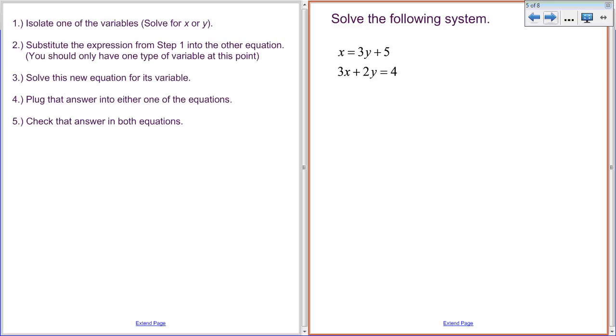So step number 1 says to isolate one of the variables, so to solve for x or for y. So when you look at this system, do I need to worry about step 1, or has that already been done for us? When it says to solve for x or y, what that means is I should have one equation that starts with